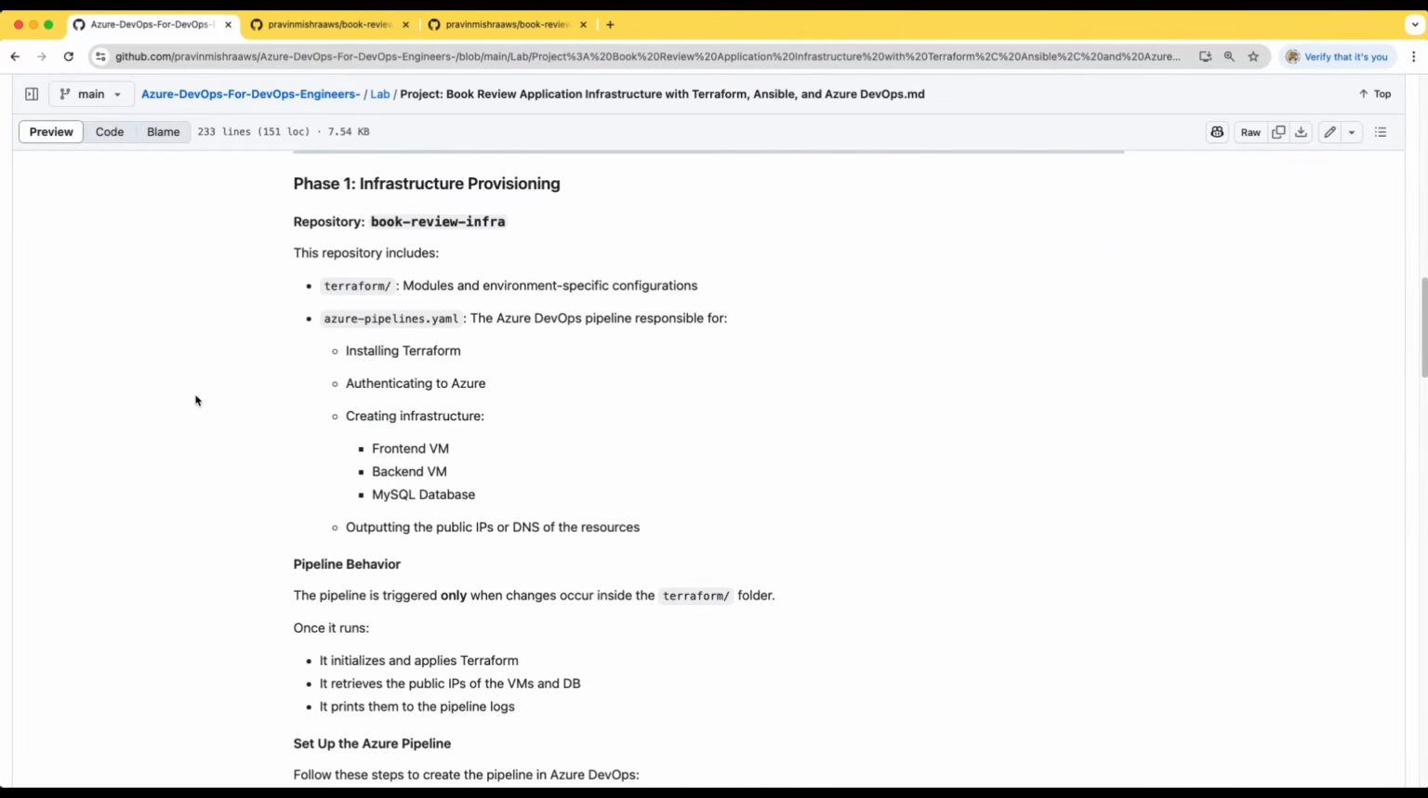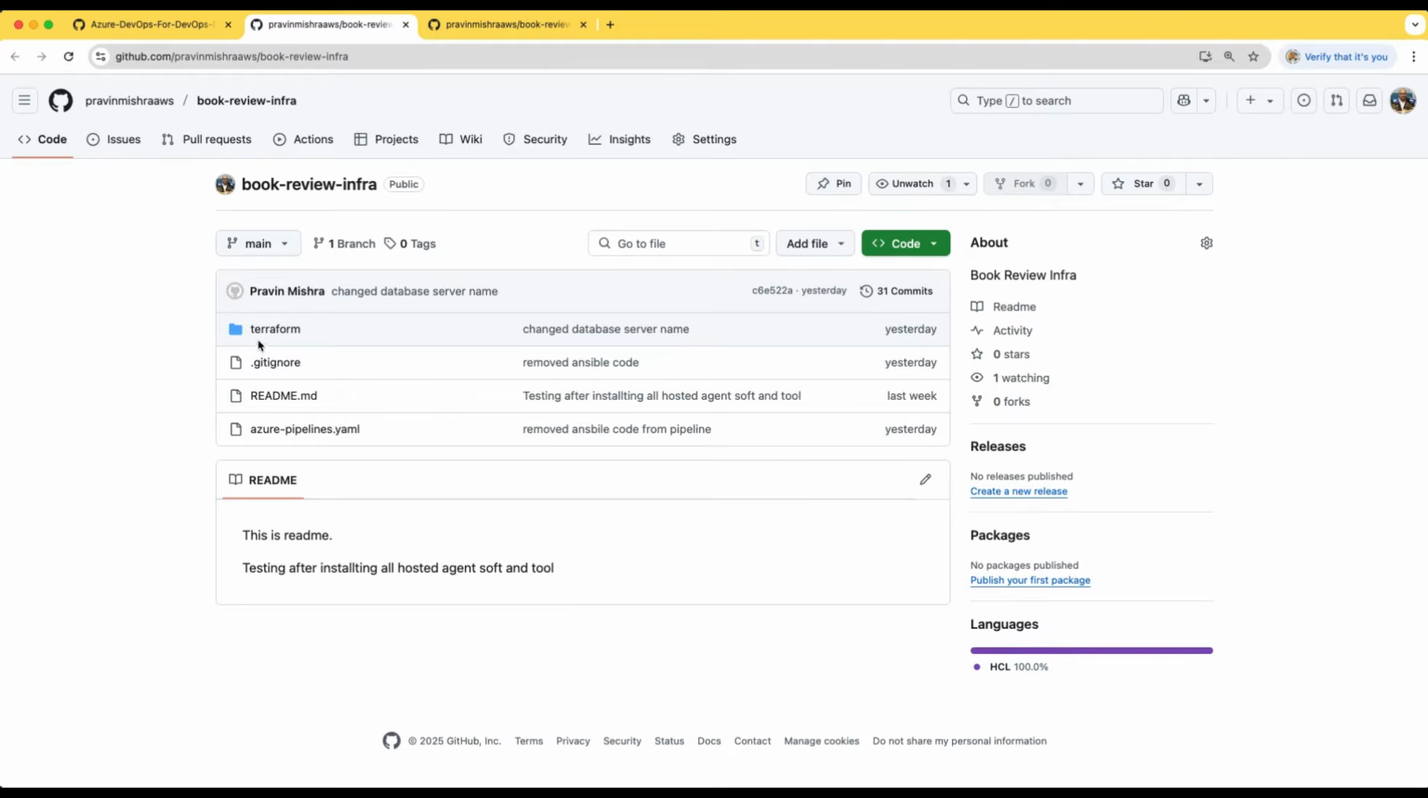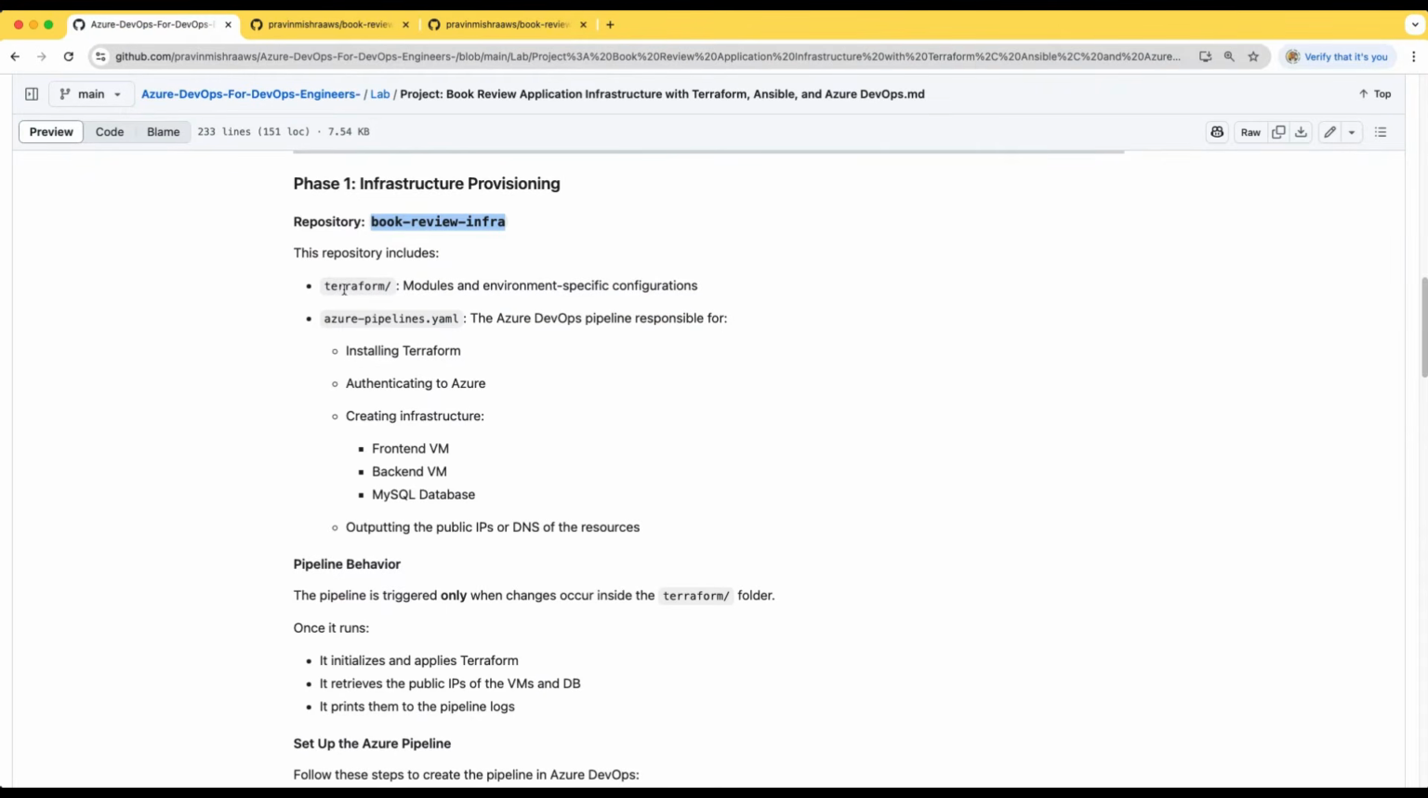Perfect. Now there are two phases. The first phase is infrastructure provisioning. So first things first, we are going to provision the infrastructure. As I have explained, in this repository, book review infra, we have Terraform, and in this Terraform we